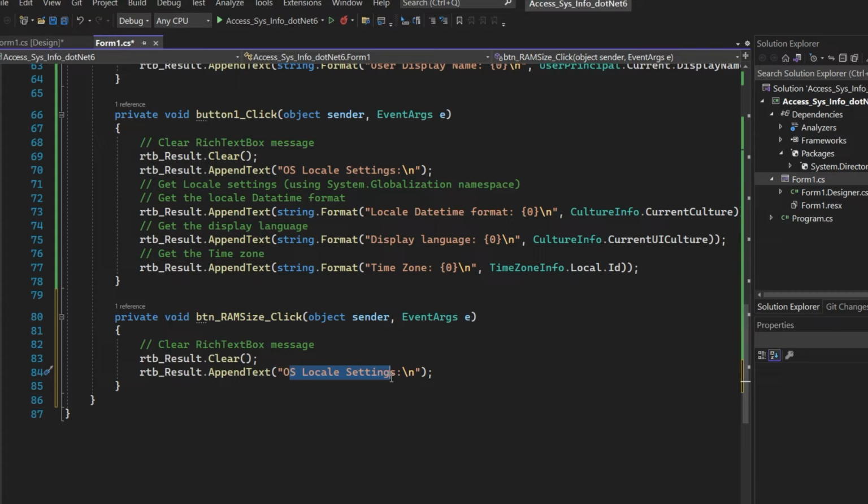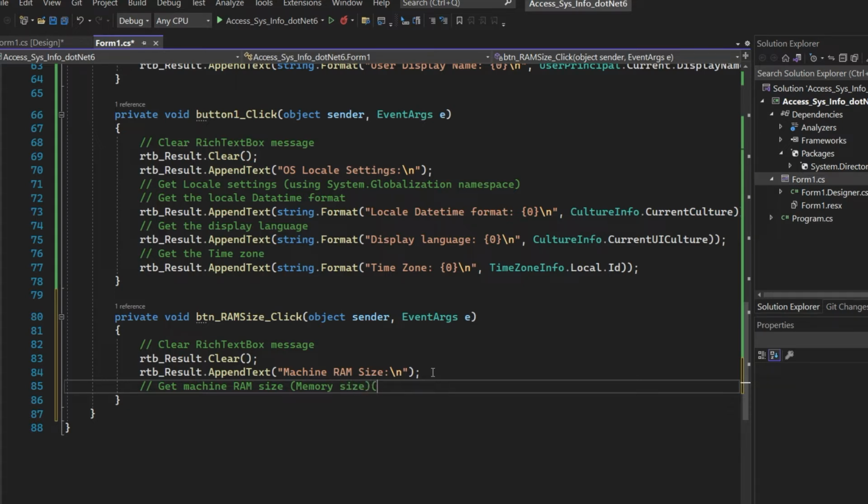Let's change the description to machine RAM size. Now add a remark: get machine RAM size as memory size.